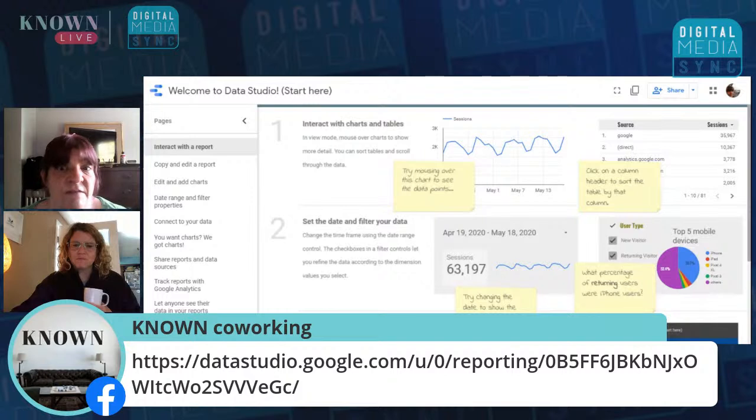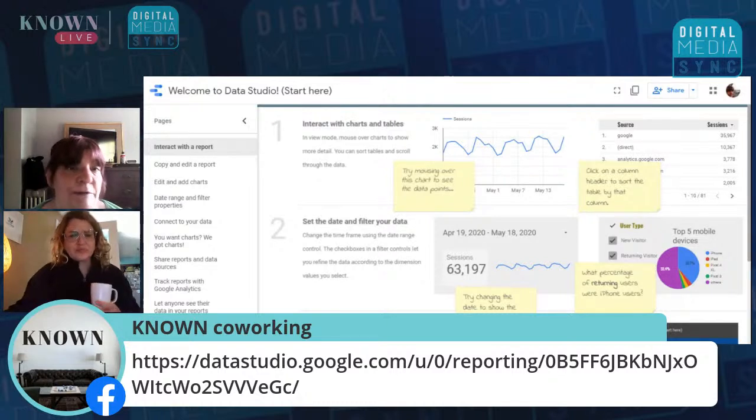So it makes it very easy to utilize. So it's not as daunting as Analytics, maybe. Yeah. And it's prettier, so to speak. You know, it's easy to view.